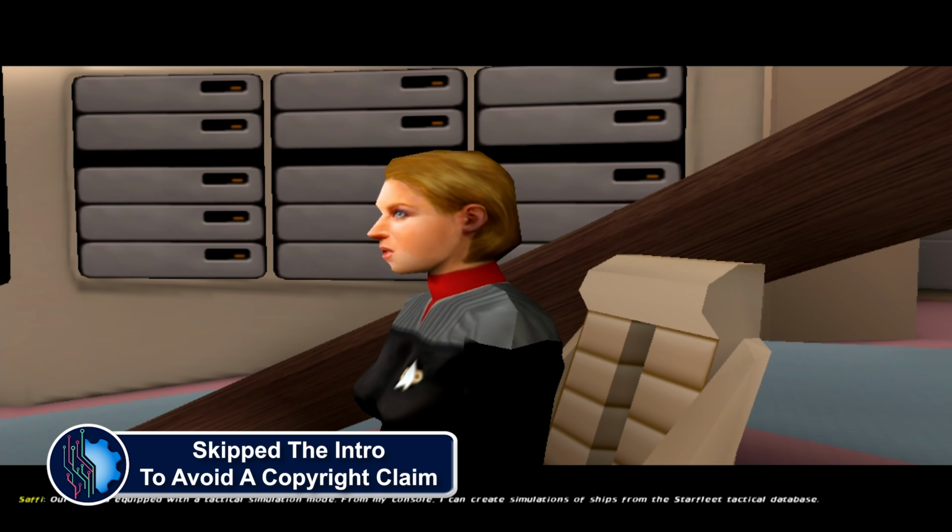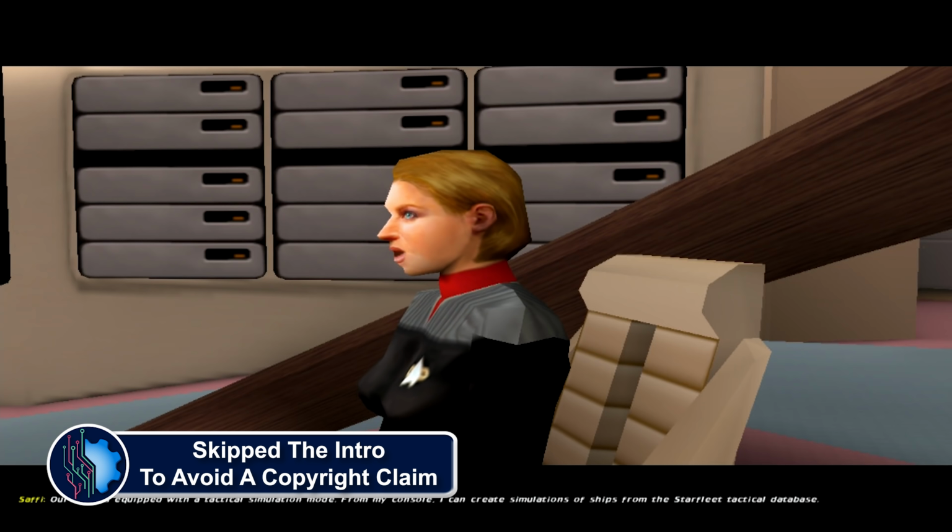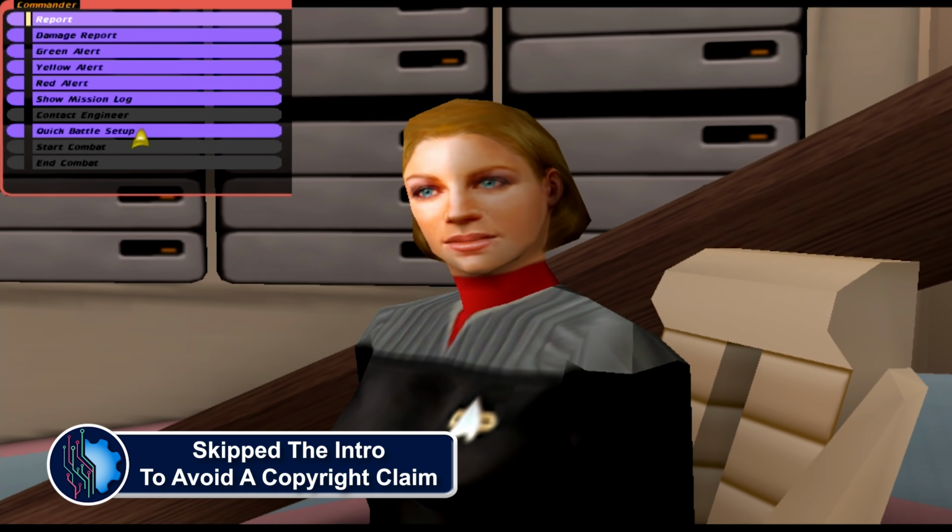Our ship is equipped with the tactical simulation mode from...